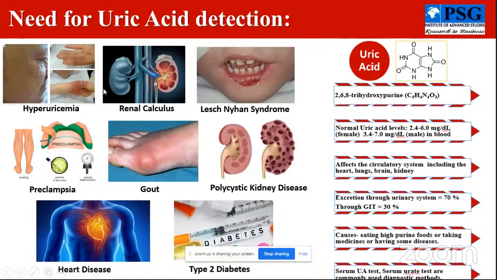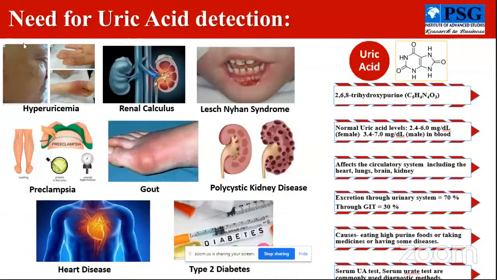Excessive concentration of uric acid in the body can lead to a condition called hyperuricemia. Reports have shown that this can cause a large number of health issues, and one among them is renal calculus, commonly called kidney stone, in which small stones accumulate in the pelvis region due to the high level of uric acid present in the body, and the size of these can vary. That is called renal calculus.